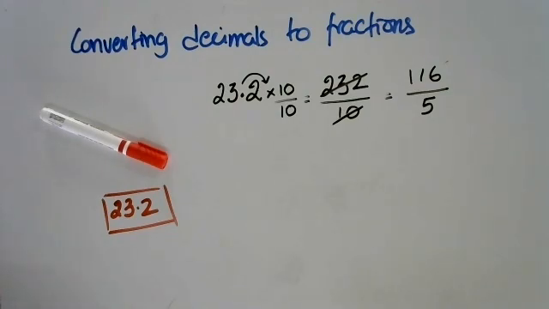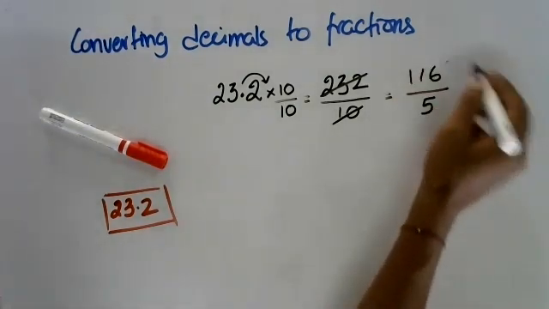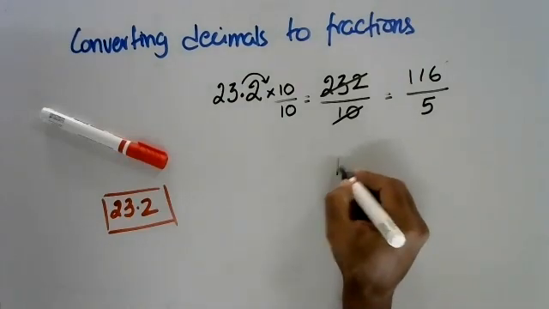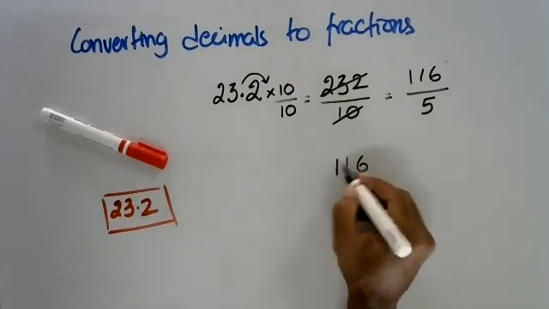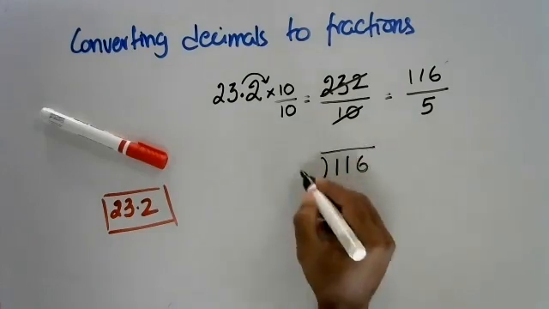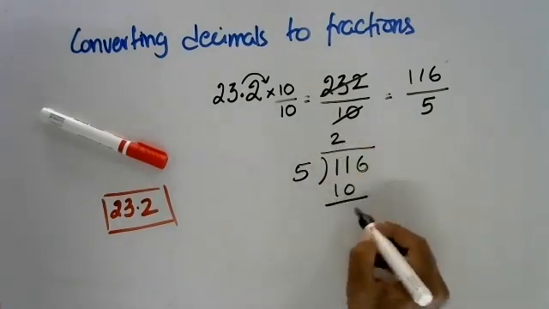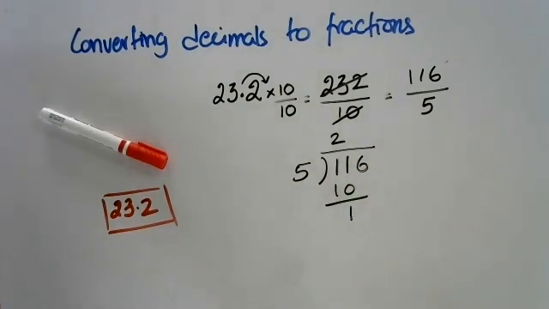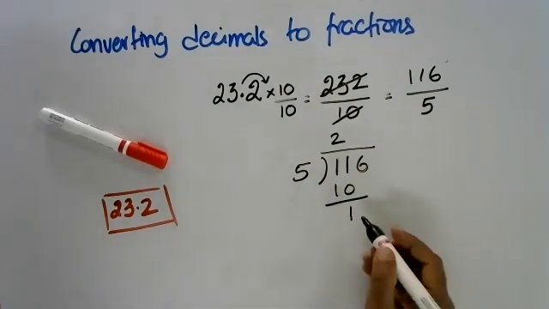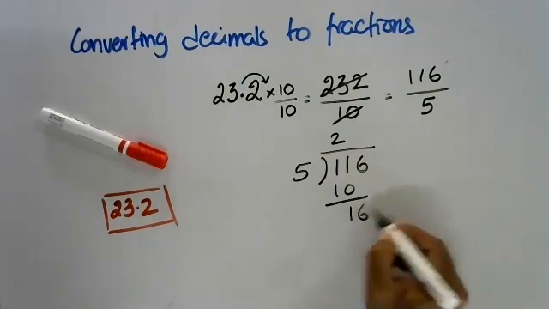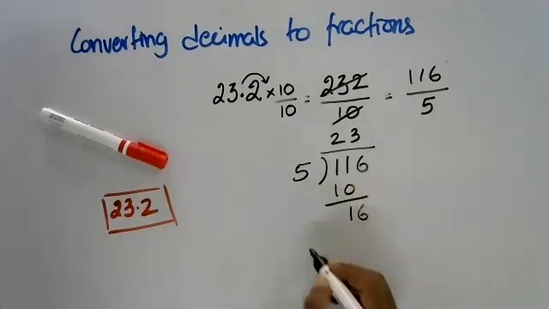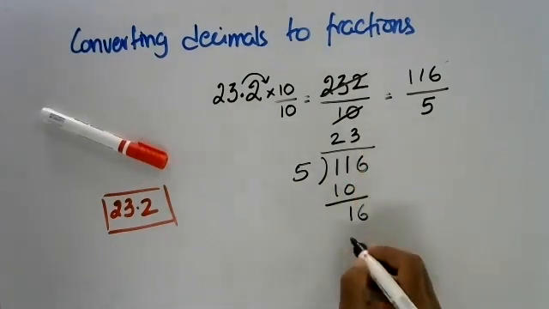So that is one way in which you can convert a decimal into a fraction. Second, you can verify whether this is correct or not by doing the long division. If you take 116 and divide it by 5, I'm not verifying, I'm just making it into a mixed number. So you get 23, it's correct. 5 3s are 15.